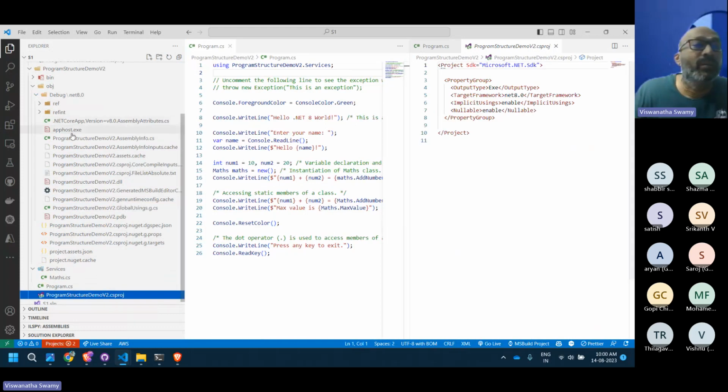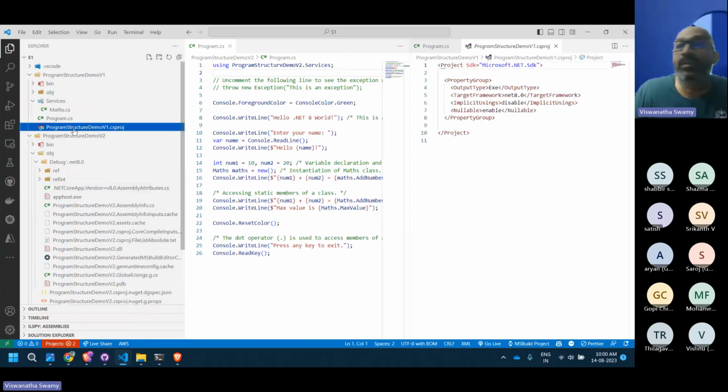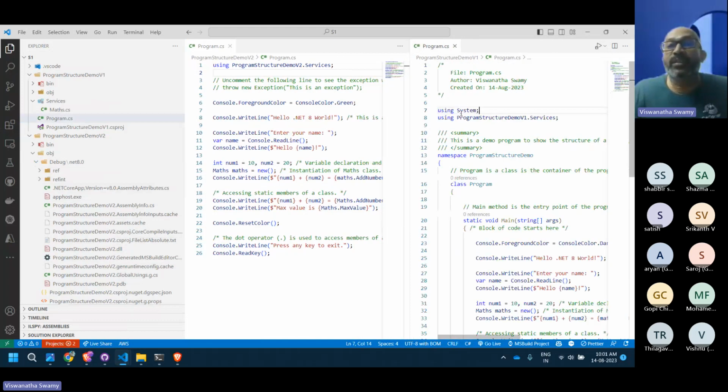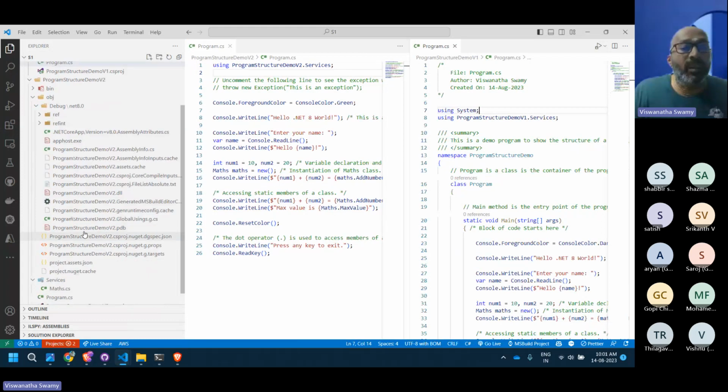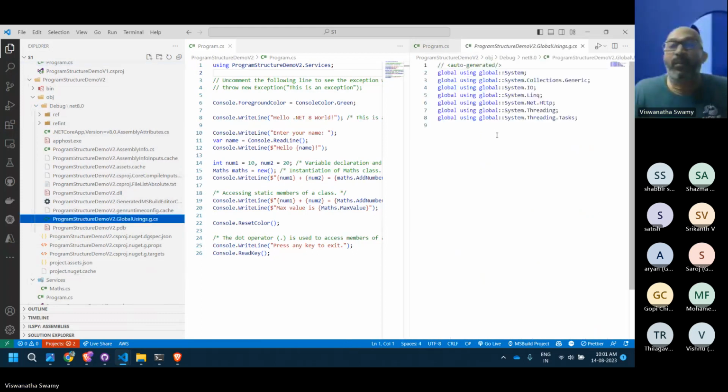Implicit using is enabled, whereas in the demo project, I disabled implicit using. That is the reason we have to explicitly specify all the usings here. In this top level statement project, we said to set implicit usings to true in the project file. So there will be a project name .GlobalUsings.g, that means generated. You should not touch it. There are other ways to do it that I'll show you later.